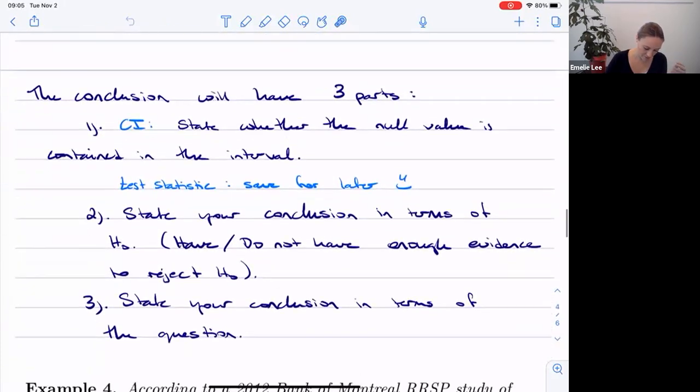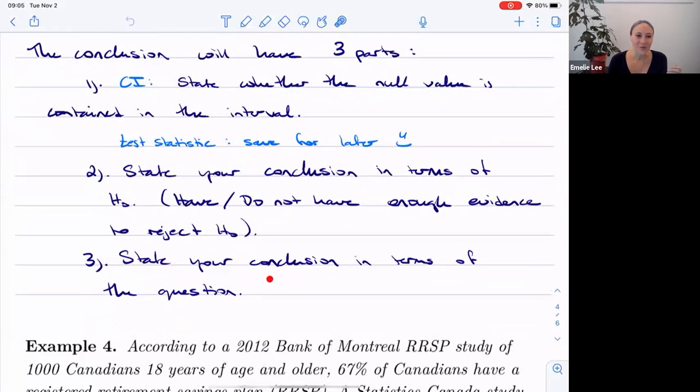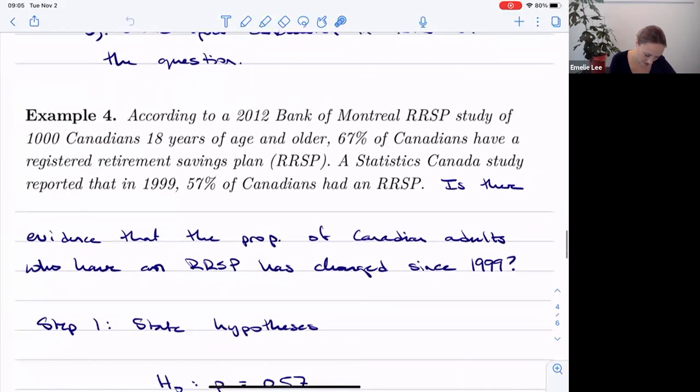So finally, you have to state your conclusion in terms of the question. That's why we're here, right? We want to answer a question of some sort. And that's the one that people tend to forget, because at this point, you've done a ton of work, right? And you're exhausted and you don't want to work on this anymore. So then you forget to tell me the conclusion in terms of the question, but that's arguably the most important part. So we were working on